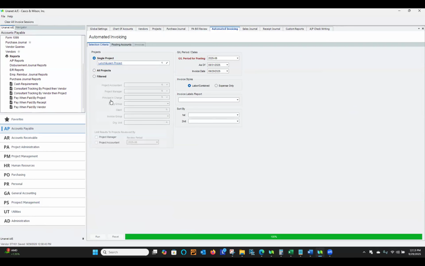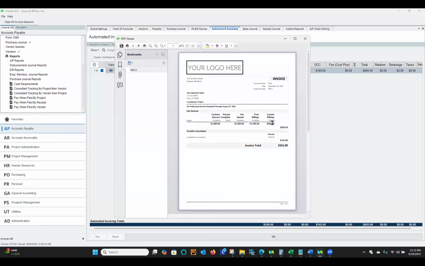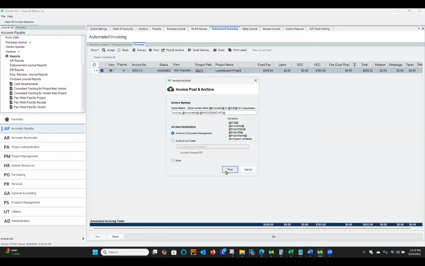Sorry, it's just taking a second. I'm in the demo database, so it's sometimes not as fast. When we preview the invoice, as most of you probably know, if you've been working with ICCs, you're not going to see that ICC amount on your invoice, but you will see your OCC consultant invoice there. So when we finalize, assign, and post and archive,